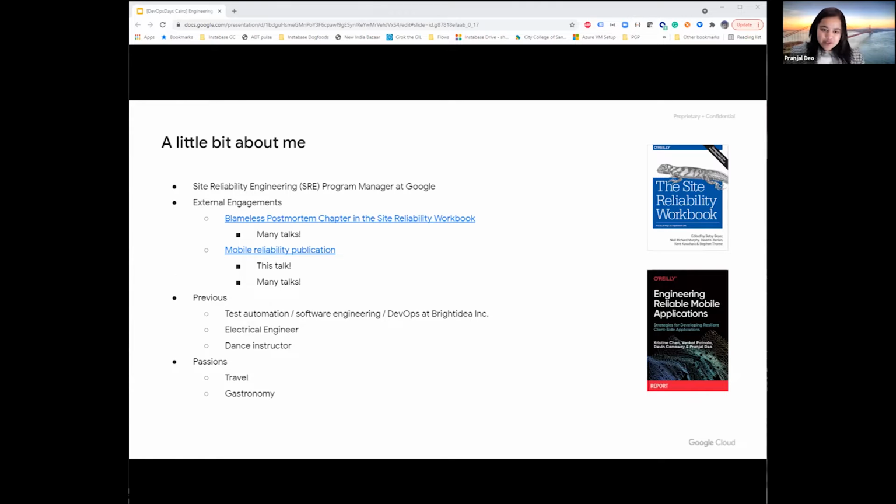Before joining Google, I was in a not very prescriptive role at a small company. I used to do a lot of things for them, which could be a bad thing, but it helped me develop a lot of skills that I can now use in my current company. And I also have a little puppy. His name is Teddy. I also like exploring different cuisines and traveling, and I cannot wait to hop on a plane when COVID is behind us.